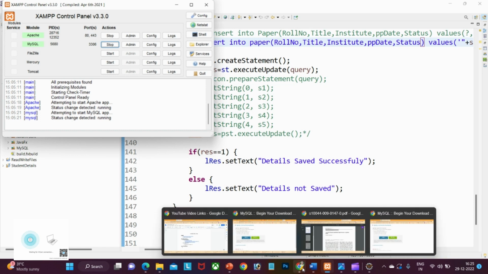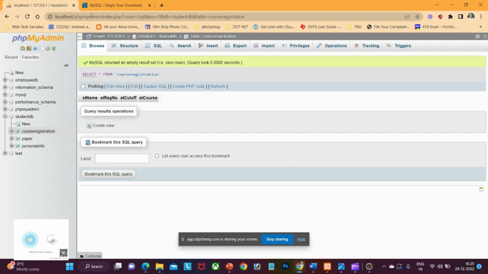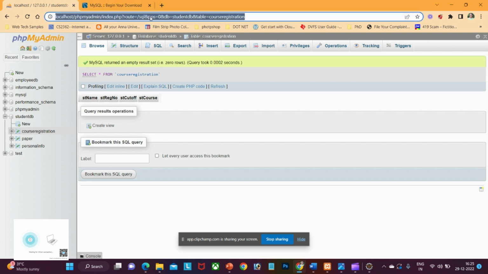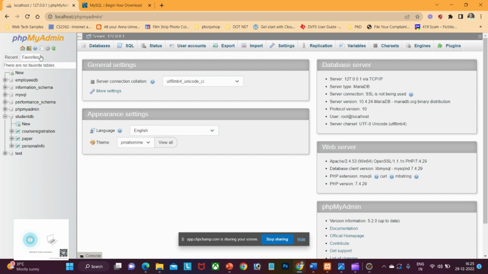To get to the table structure, you go to the browser and type localhost. So let me start from the first. Localhost, and then from these menus, you click on phpMyAdmin, so that you get the dashboard to manage your MySQL database. This is the database which I have created earlier. I have three tables. One of the tables is paper. If you click on this,